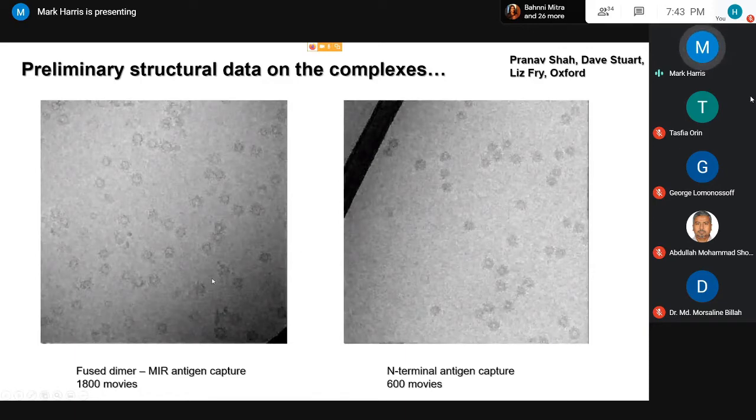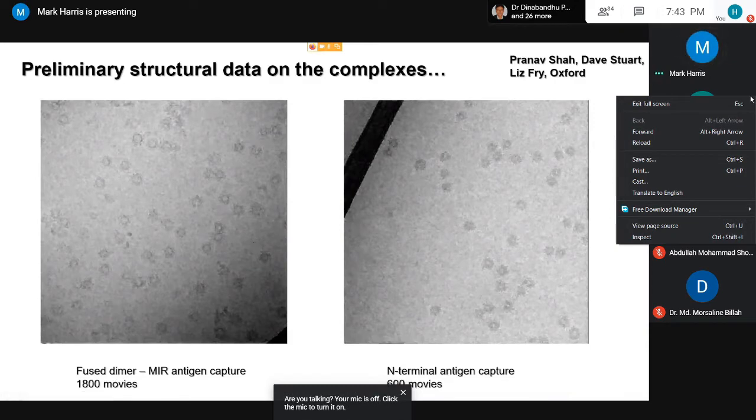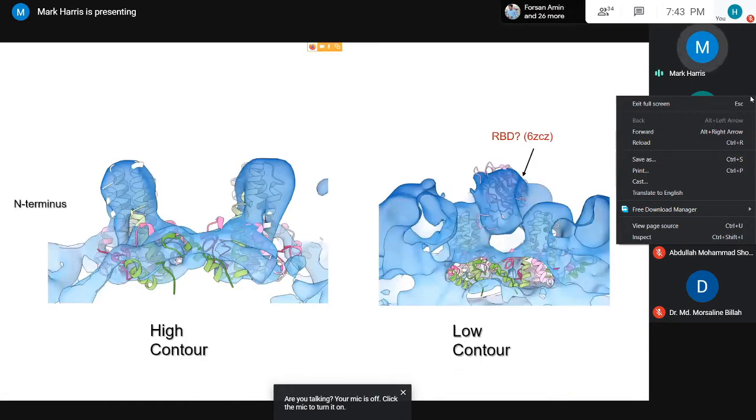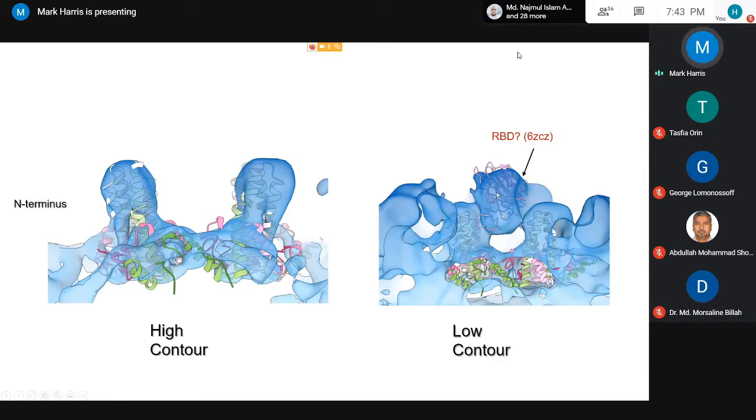But I should also point out at this stage we don't have an awful lot of data. We have more data for the MIR, and this is really very preliminary work. However, if we now look at a little snapshot, a little part of the scaffold, now we can start to see, if we change the contour a little bit, some extra density here, which corresponds to the RBD, which looks as though it's been captured and sitting here